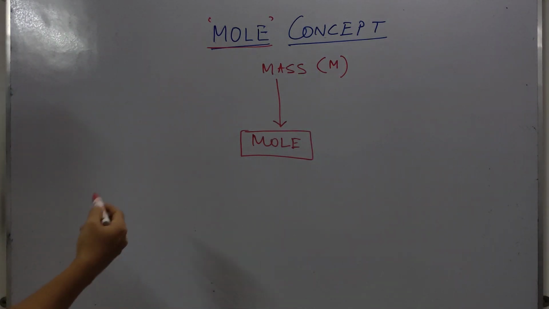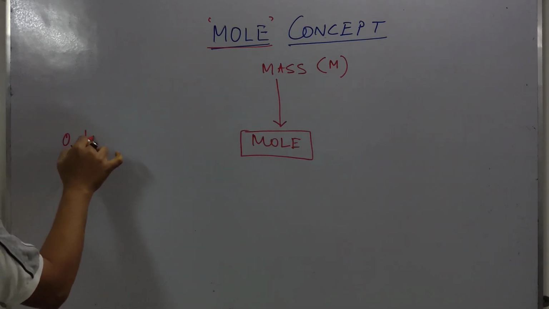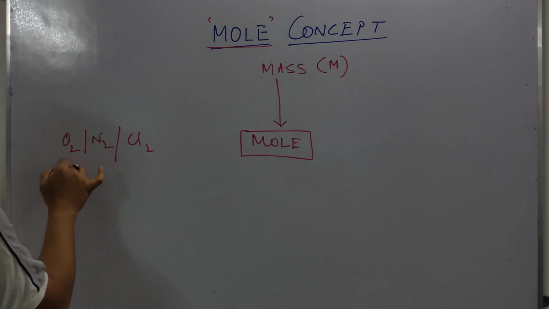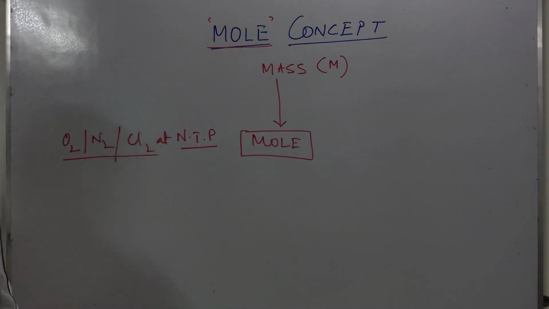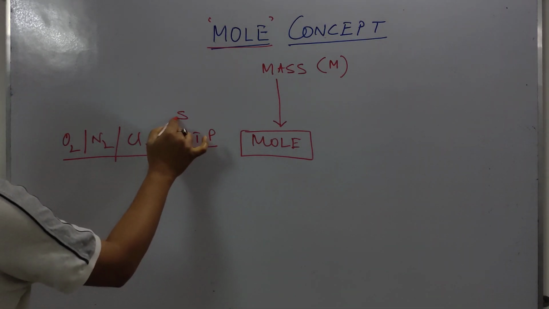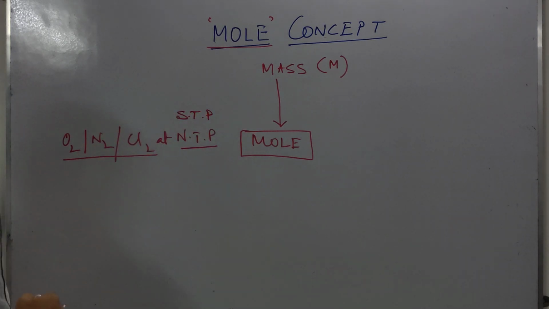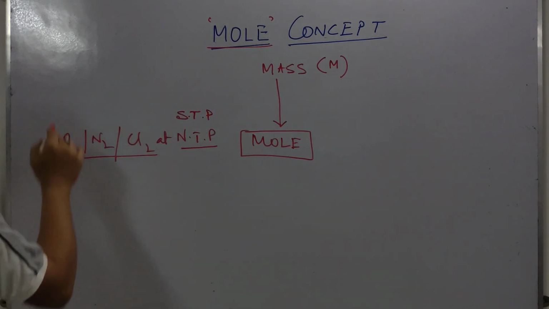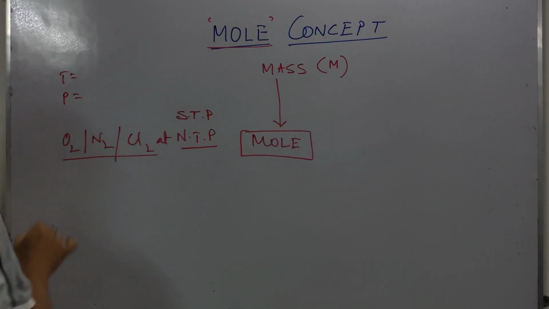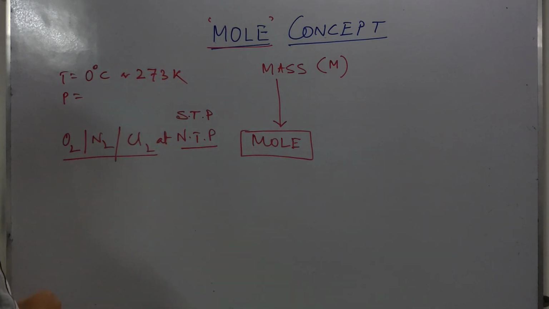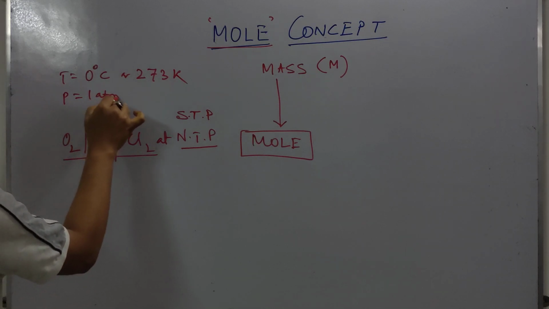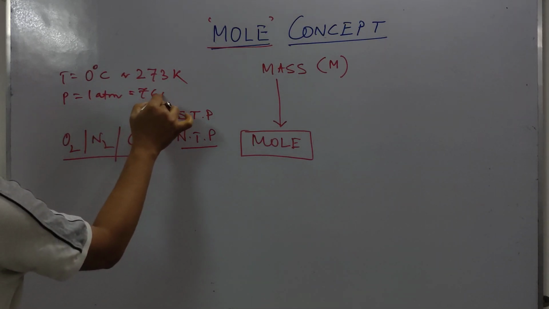If we express mole in the context of volume, then definitely it should be a gaseous object like oxygen, nitrogen, maybe chlorine or any other gas at NTP. You all know what is NTP, normal temperature and pressure. Sometimes it is written as standard temperature and pressure, STP also. Normal temperature means 0 degree Celsius or 273 Kelvin, and normal pressure means 1 atmosphere pressure, that is 76 centimeter